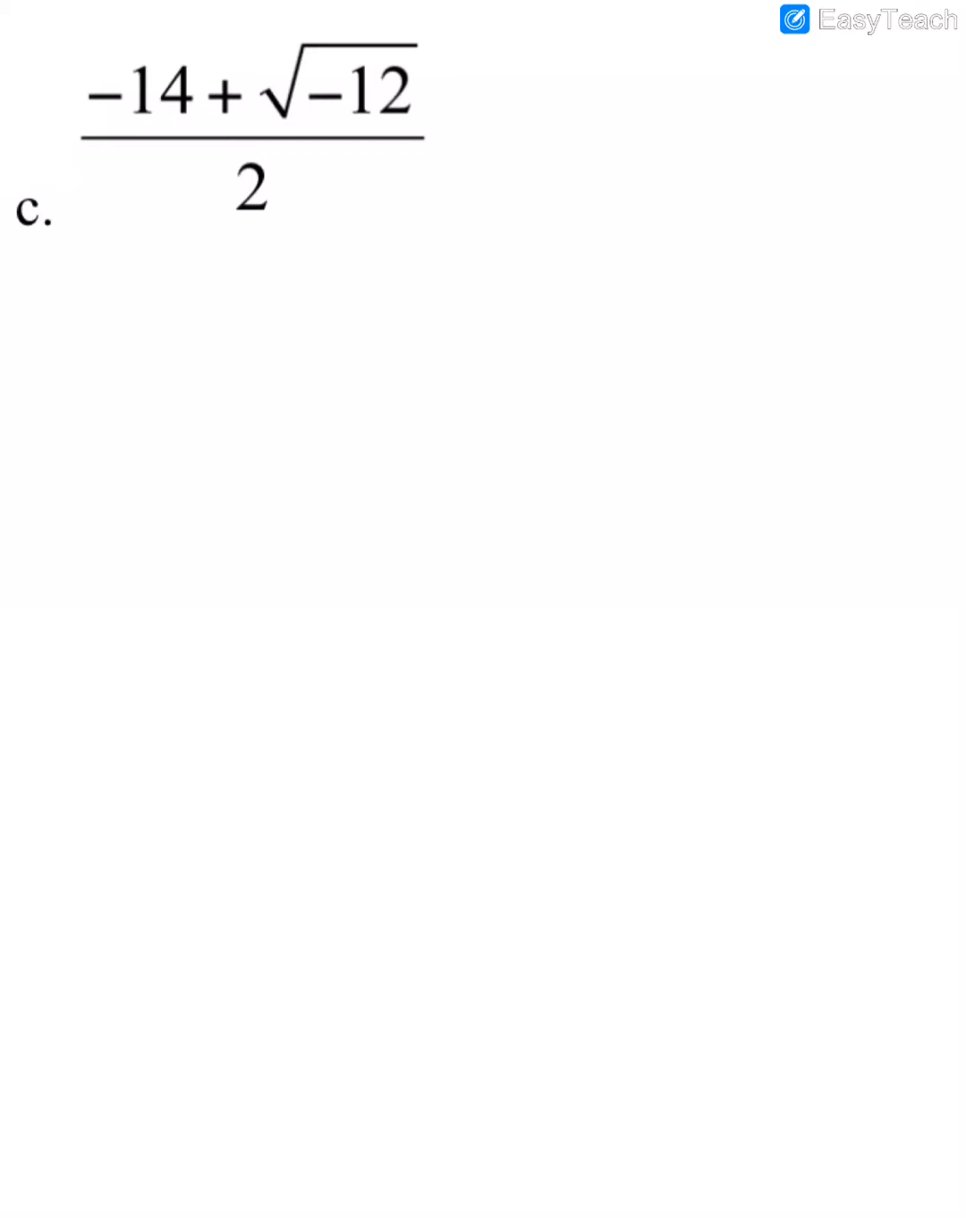Alright, we have one more example. This is division. So the first thing I'm going to do here is separate each numerator into a separate term by putting the denominator underneath each part of the numerator. So that's negative 14 over 2 plus the square root of negative 12. Again, I'm going to take that negative out as an i, and the square root of 12 over 2. Okay, so now we can deal with each part separately. Negative 14 divided by 2 is negative 7,